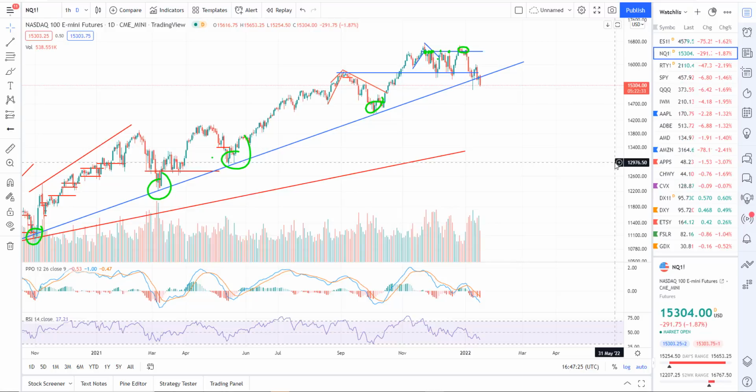We're going to get right into the stock market technical analysis. I'm going to start out with the general market analysis. So we'll look at various charts across the indices, and then we'll go into some individual trade ideas and we'll